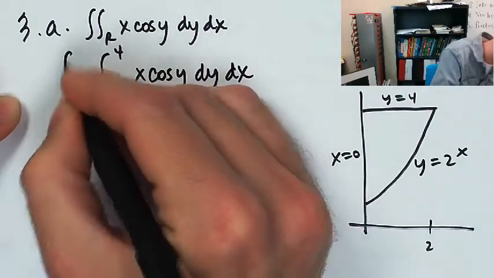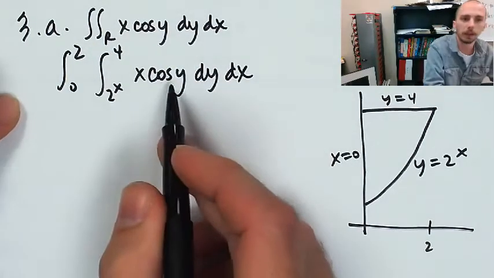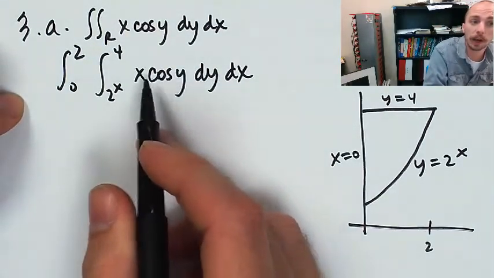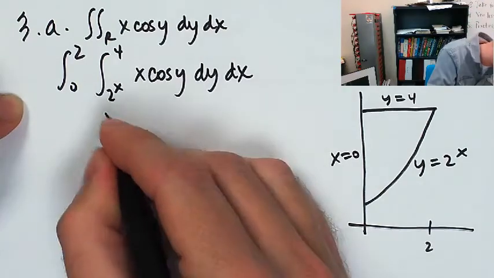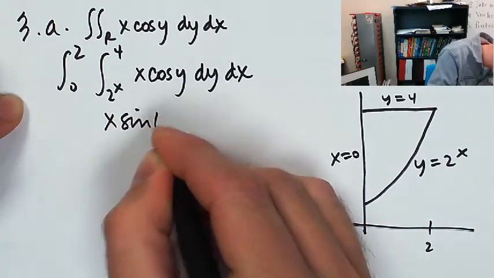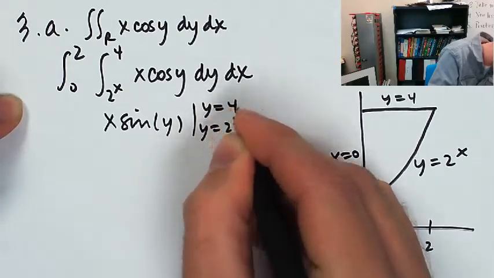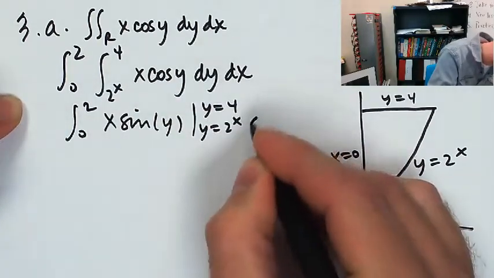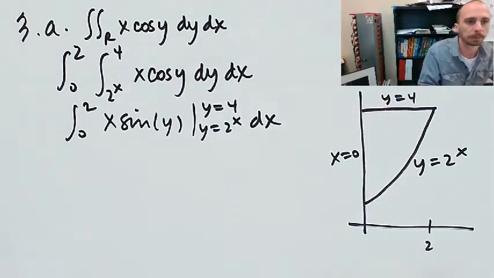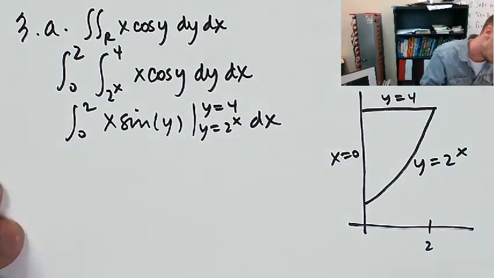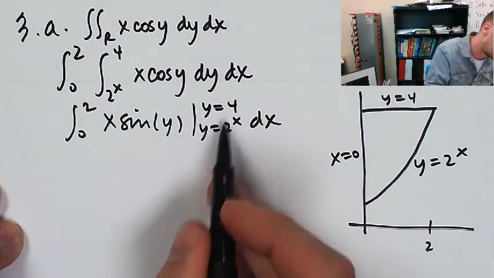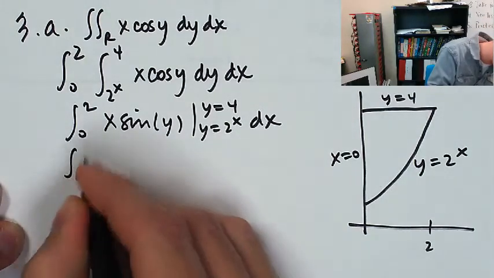x running from 0 to 2. Okay, I can do this. I can anti-differentiate this with respect to y, and I'll have x times sine y, as y runs from 2 to the x up to 4. Okay, then, what am I going to do? Oh yeah, actually plug in 4 and 2 to the x, and I'm going to be taking the integral from